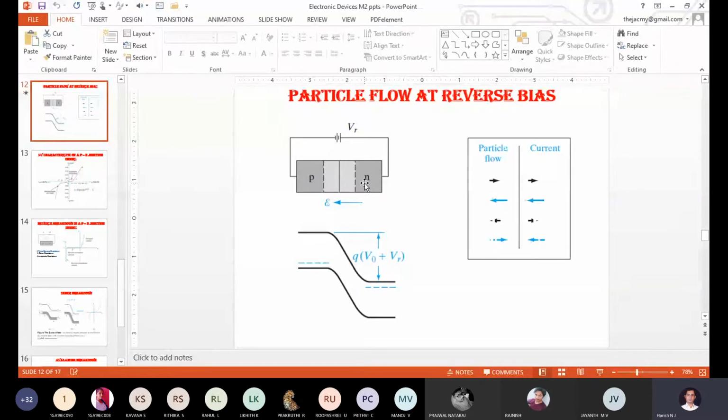Now when you come to the minority charge carrier in the reverse bias condition, the electron will start moving from p-type to n-type. The current will be constituted from n-type to p-type. If you match the diffusion current with this drift current, the reverse current, it is in the opposite direction, right? Due to the diffusion process, the current moves from p-type to n-type. Due to the drift process, the current moves from n-type to p-type. Am I right?